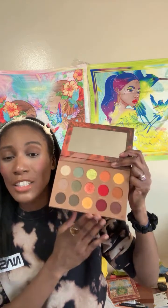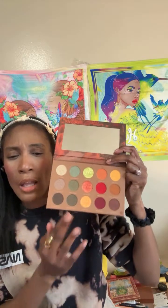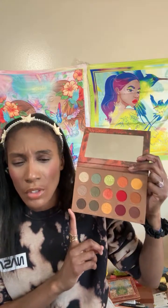Again, Angie isn't really big on cool tones. She prefers warm tones. But I like this one because it has the cool tones and warm tones. And I can get a little bit of vibrancy from the warm side, but I can still have that deep, cool, dark outer V that I prefer. So I like this one as a contender. However, I know I wouldn't be able to use this part, and the greens in here I feel like are just a little too dark. So I mainly try to pick ones that I felt like...